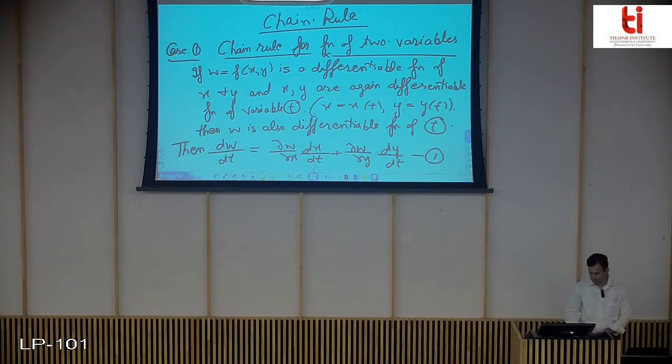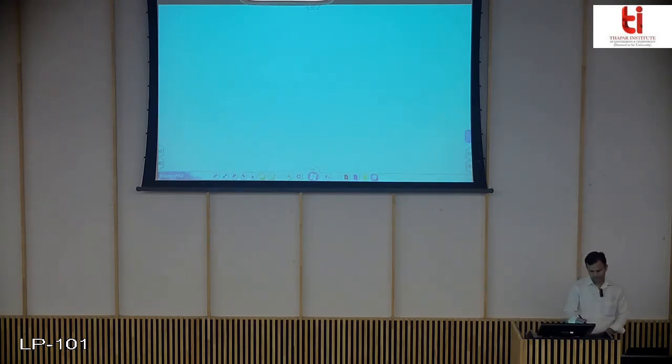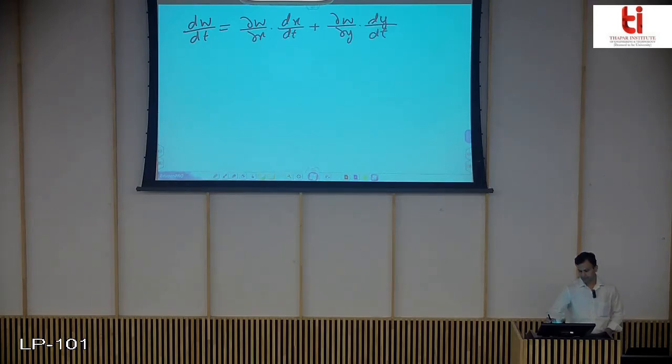So how this formula comes, that is, we write dw/dt as this one. You can see in this formula that in some terms it is a partial derivative, and in some terms, like dy/dt, it is an ordinary derivative. So how does this come? We just have to remember these formulas and how these terms come.